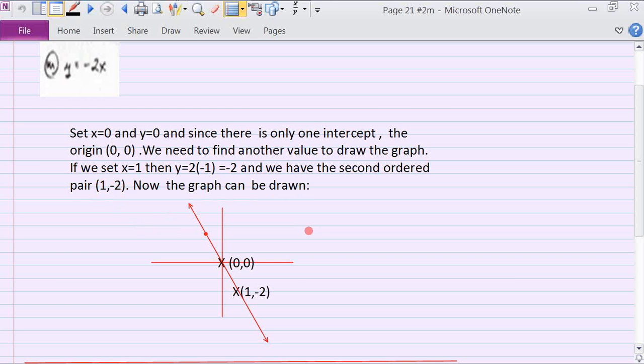Now the graph can be drawn because we've got the original 0, 0 point right here. That's the origin. The point 0, 0 is called the origin. That's the first point. Here's the point x equals 1, y equals minus 2, right about here. We connect these 2 points, we get a straight line, and we're going to check it